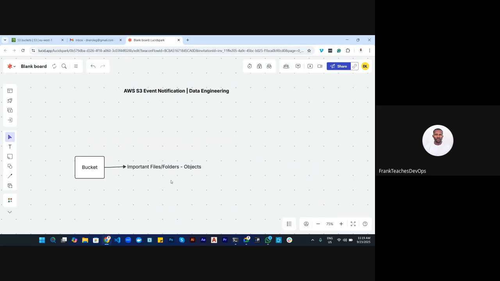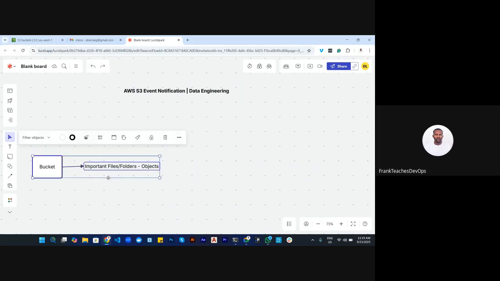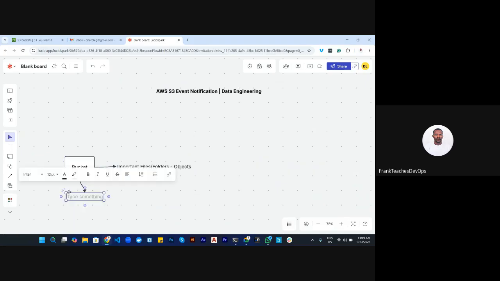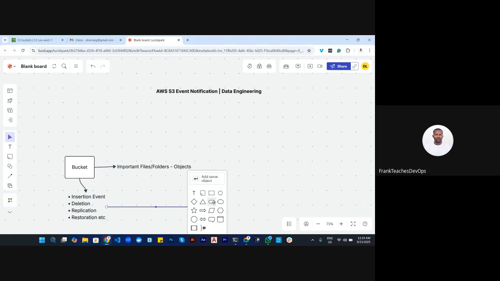You want to put a check on this bucket such that whenever any event happens on it, it could be an insertion event, a deletion event, a replication event, or a restoration event, any of such events, there should be a trigger,